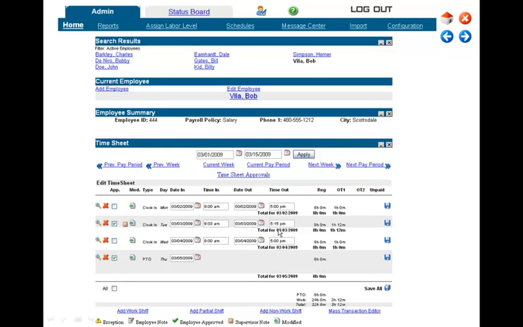Now, since we modified their time from the original, this modified icon will pop up. And what that does is track an audit trail for you. That'll tell you who made the change, what time and date they made the change, and exactly what that change was. We also have the supervisor approval process, which allows you to check them off one at a time,